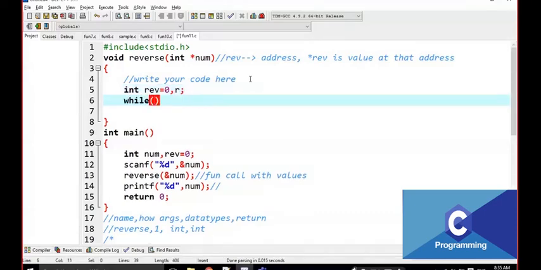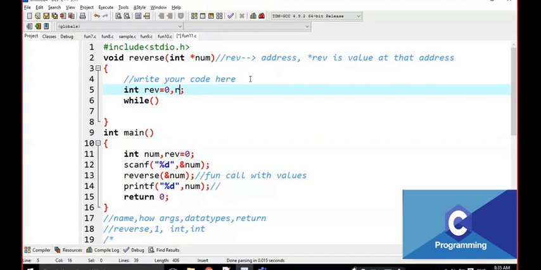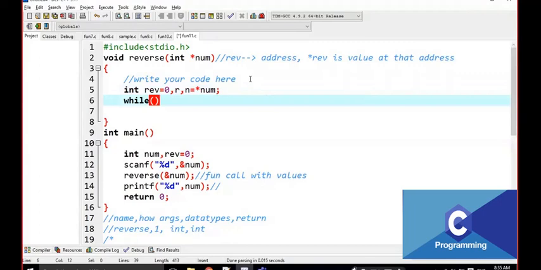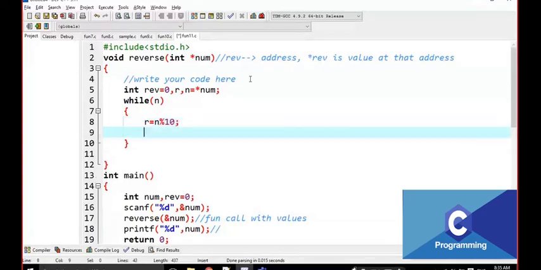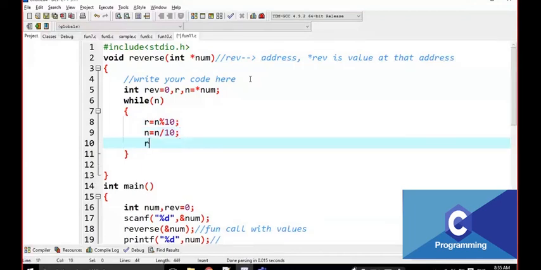I am writing the same logic, but instead of always taking star num, which is going to be difficult, I am going to write some n is equal to star num. r is equal to n mod 10. n is equal to n by 10. And rev is equal to rev into 10 plus r.